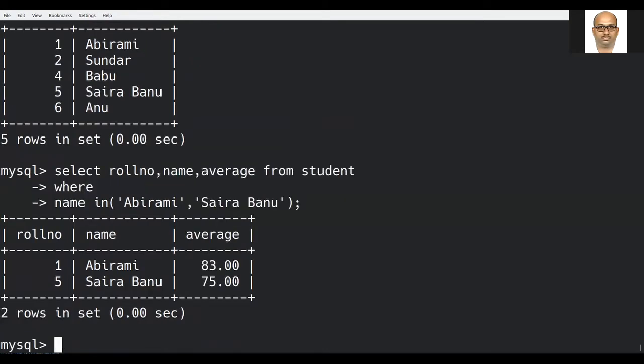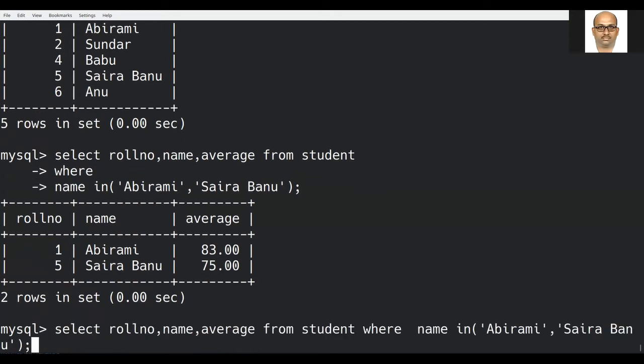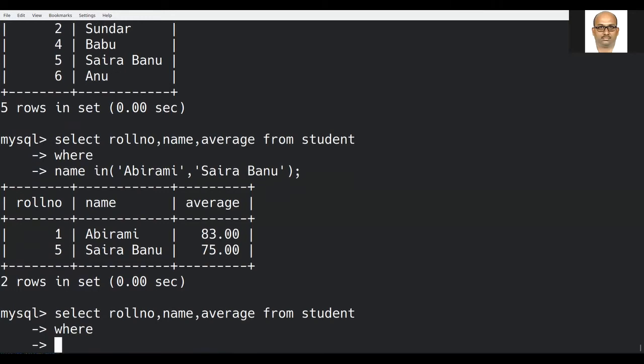See here. Do we have any other method to write the same command or to get the same result? Yes. How to do this? Select roll number, name, average from student where name is equal to either Abhirami or name equal to what?